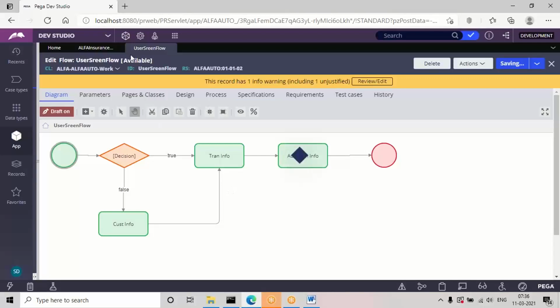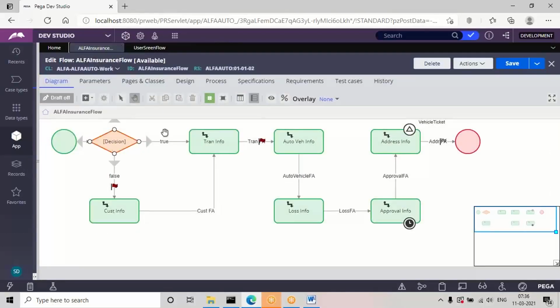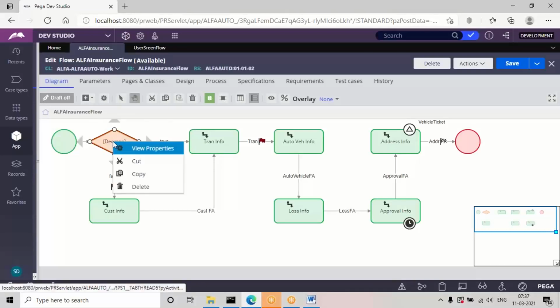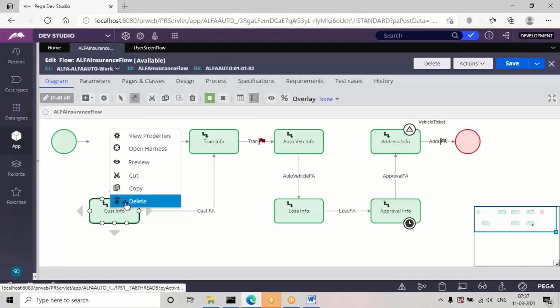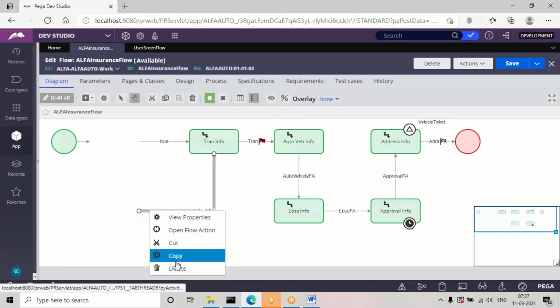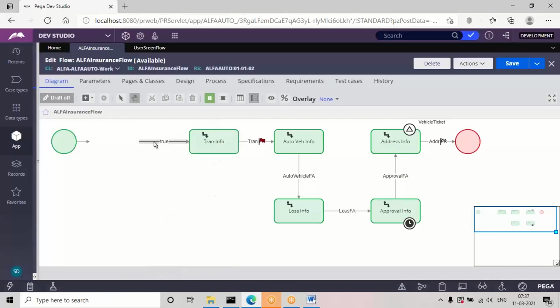And in the insurance flow I need to call this screen flow, because screen flow is compulsory. We need to map it in the process flow steps. So open your insurance flow. Now see, the shape we will be using to call one flow from another flow is the subprocess shape. So after the start shape we need to use that. So here delete these steps. Now already the same steps are there in the subflow, right? So up to this auto vehicle connector you can delete the steps.